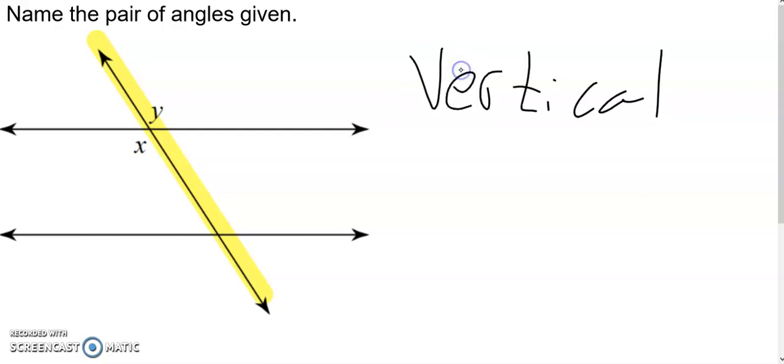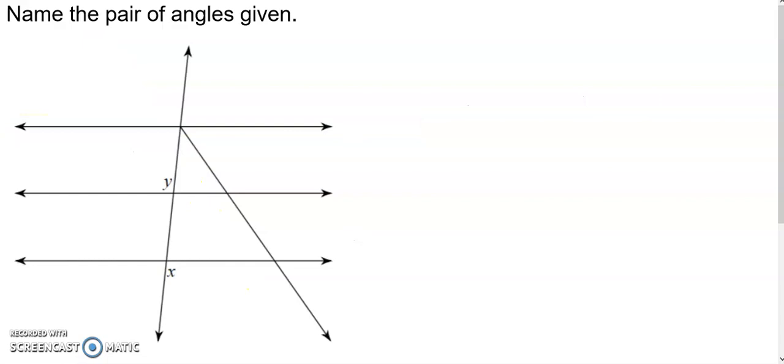And what I mean by the X, do you see the X right there? There's my X in yellow. They are on opposite sides. They are vertical angles. They still exist. Don't forget vertical angles. Now, when we're looking at these ones, I find the easiest way to do problems like